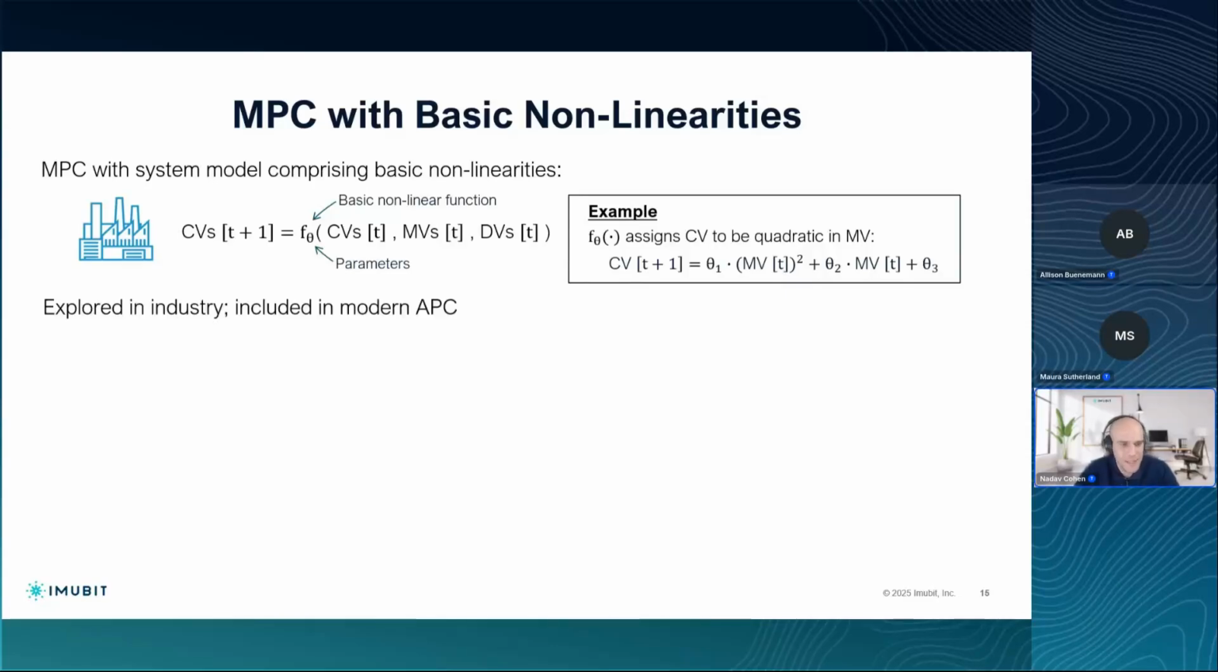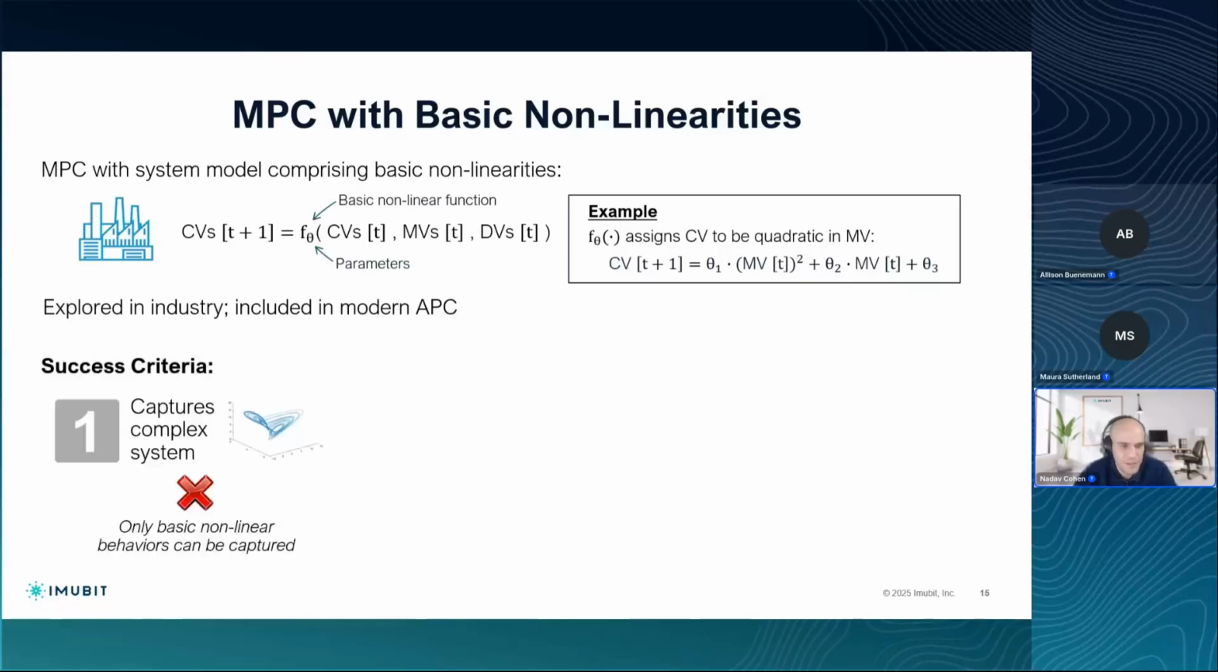This is something that has been explored in the industry, and it is included in modern APC packages, many of them at least, that do include different sorts of nonlinear models. And in terms of the success criteria, I'm arguing here that, again, the ability to capture complex systems is limited because you can only capture basic nonlinearities. And usually real-world systems are not quadratics or things like that. The dependencies are very complicated. And so there's a limitation to how far you can go in terms of capturing a real-world system with such